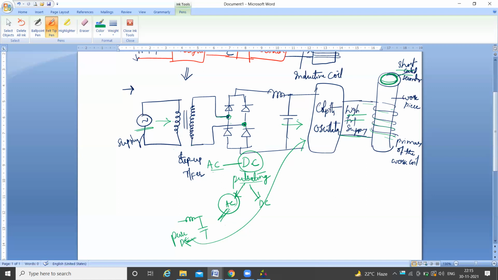Whenever high voltage or high frequency is applied to the coil, the maximum flux will be produced, which is cut by the secondary coil of this workpiece. Now this secondary coil is acting like a short circuit, hence the maximum current flows in the secondary side, so maximum heat will be generated, and this effectively reduces the heat conversion efficiency. In this way, high frequency induction heating works.